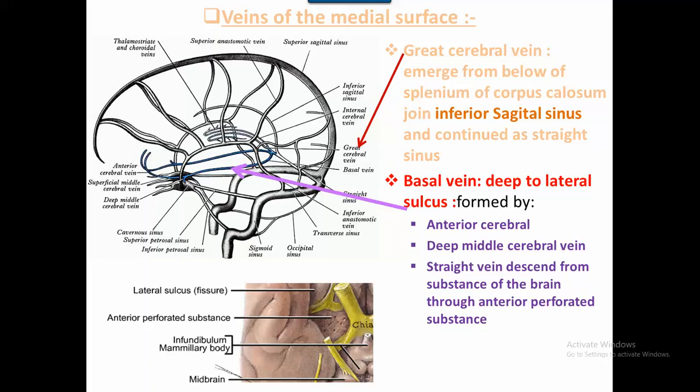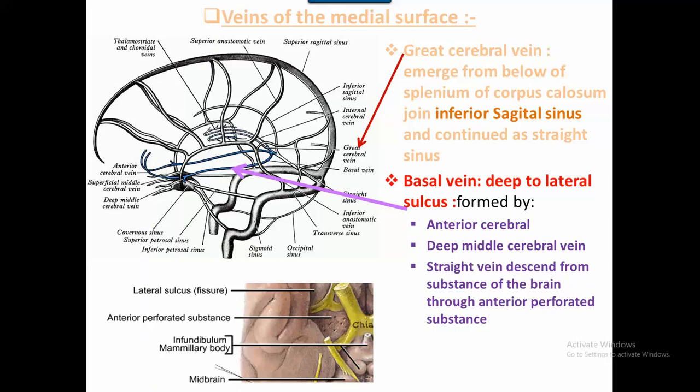and before it is the confluence of sinuses, which connects the two transverse sinuses from the two sides, and the superior sagittal sinus and the straight sinus. All of them are collected where? In the confluence of sinuses at the internal occipital protuberance,